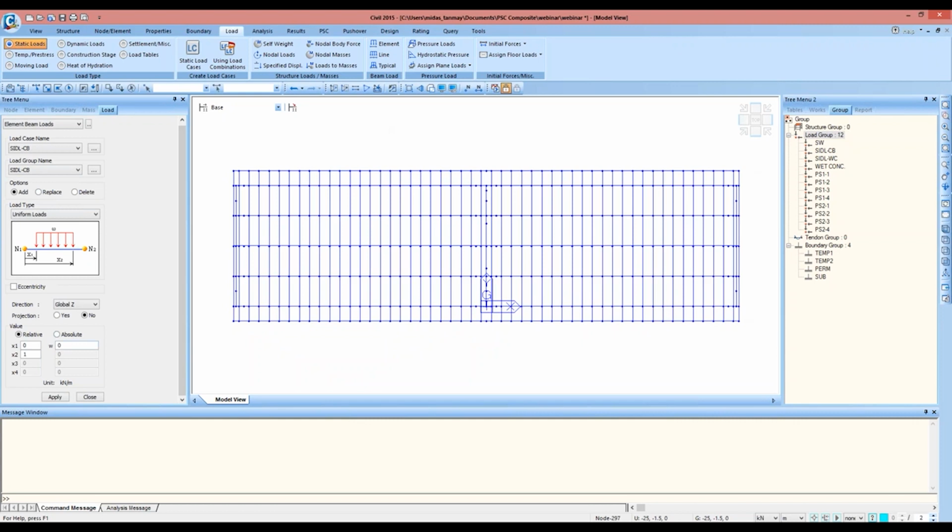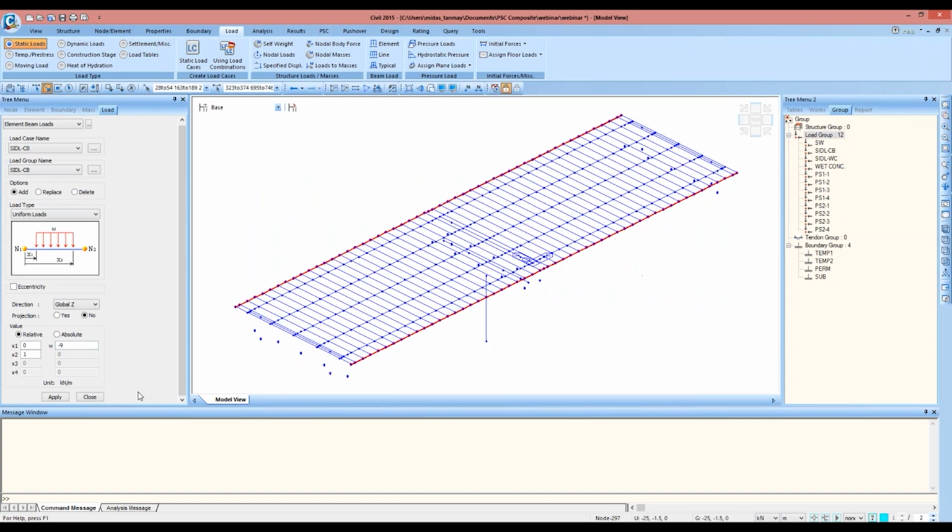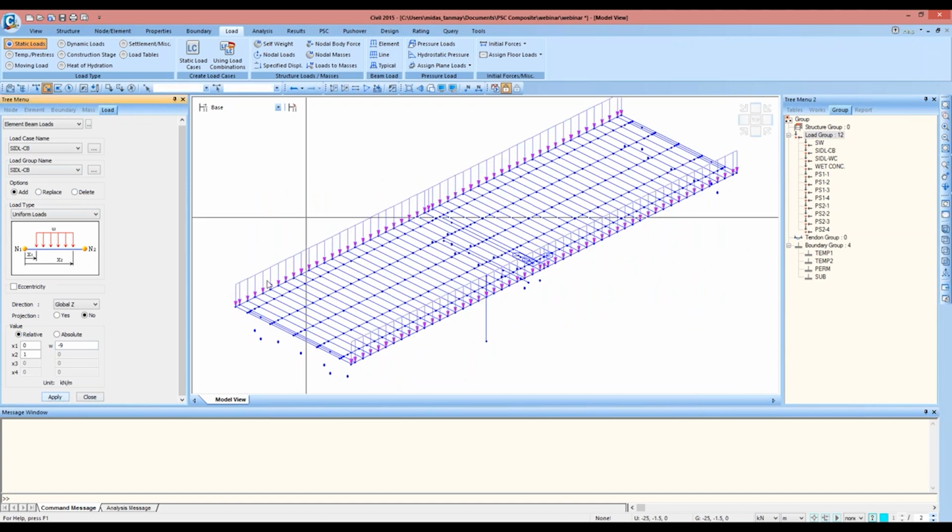The load for the crash barrier that we are considering is -9 kilonewtons. I'll select the dummy members on which the load will act and apply. So the load is added here.